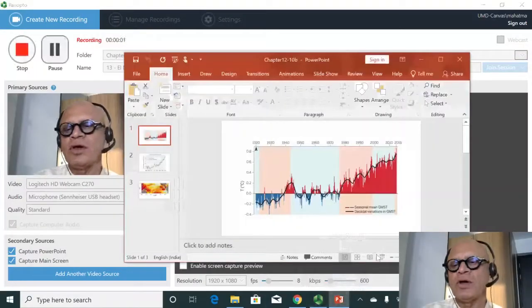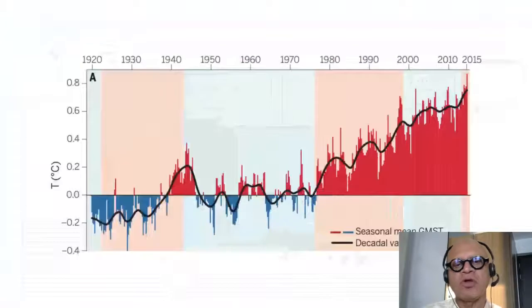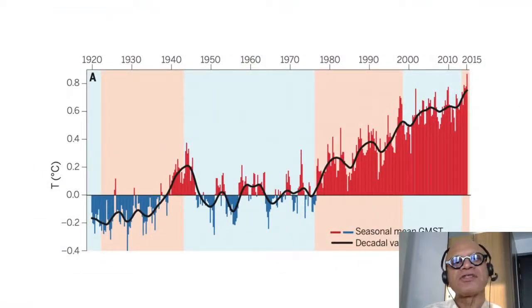I'm going to introduce something about global warming, even though we haven't started global warming in this course yet. But this is related to El Nino and the sea surface temperature pattern in the Pacific. So I'll touch on this and then we'll come back to global warming later on in this chapter. Okay, so this is the global mean surface temperature trend